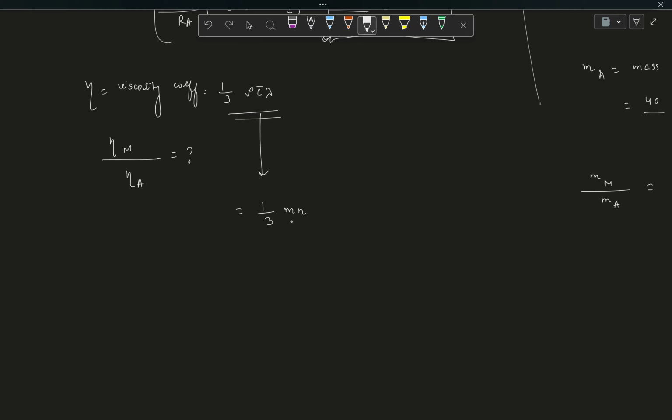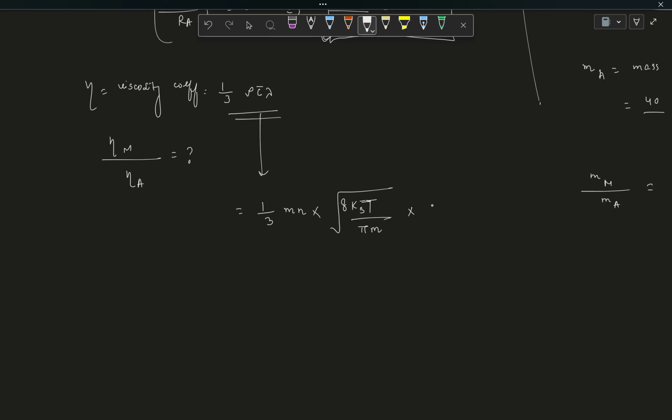So the product of m and n gives you the mass of all the molecules present in unit volume, that is, the mass density rho. So you can decompose it like m into n, and then c bar is just the average velocity. You also know the formula for that: root over 8 kBT by pi m, where m is the mass of a single molecule,